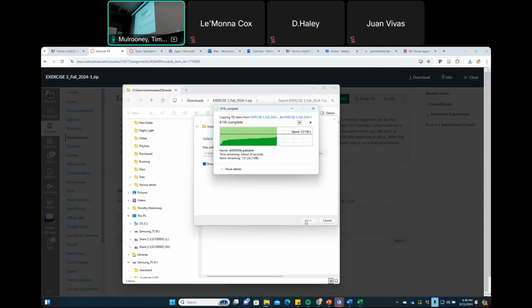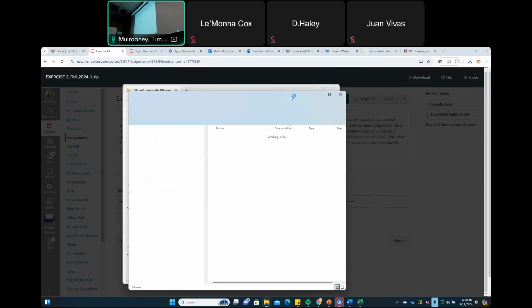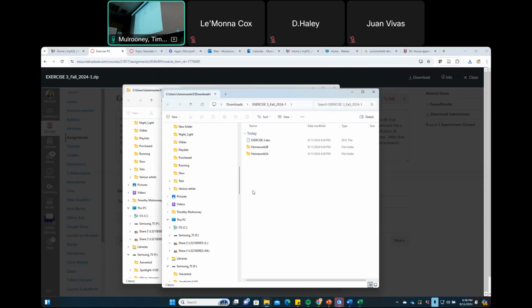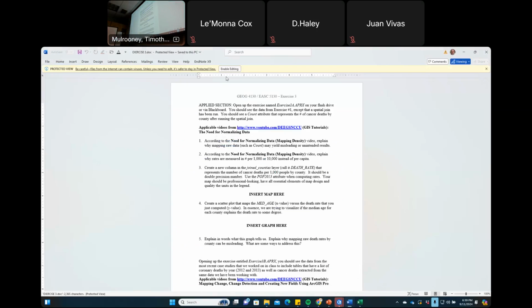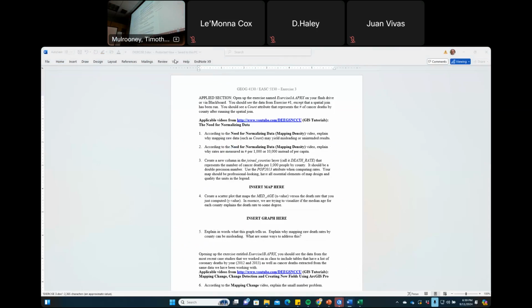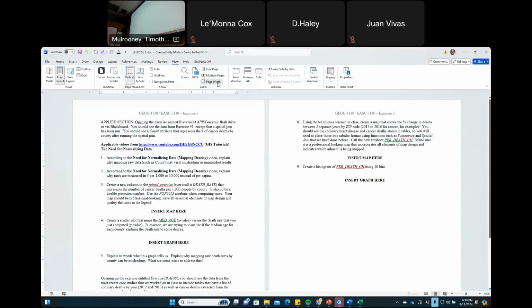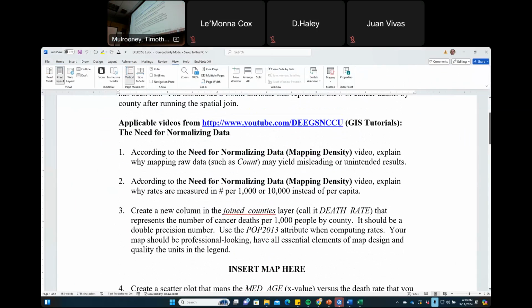This is a really big file for me. Okay, so make sure it's extracted. So now I know that it's uncompressed. How do I know this thing is already uncompressed? Because it doesn't tell me to extract file. Okay, while I'm here, I'm going to open up exercise 3. I've already opened it up before. And here it is. Okay, I got a couple of things here. I got a couple of questions.